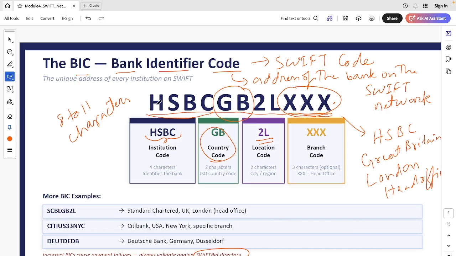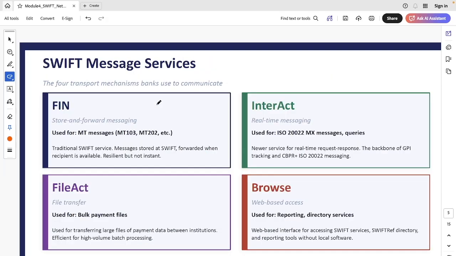Okay, now that we know how banks are identified using BICs, let's try to understand the different services that SWIFT provides for sending messages and files. So basically SWIFT provides 4 message services: FIN, InterAct, FileAct, and Browse. FIN is a traditional store and forward messaging service. It is used for your MT messages, like MT103,